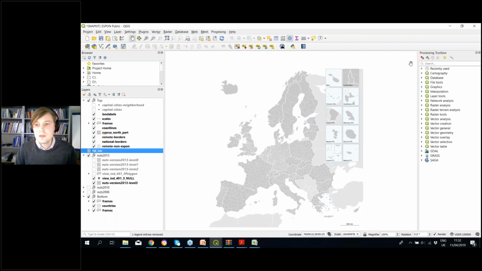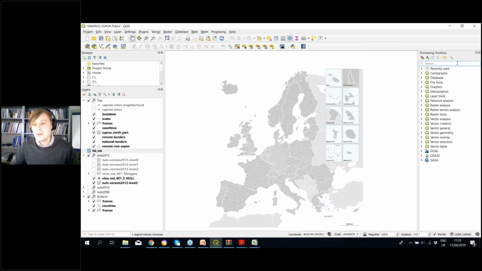I just close it, yes. And then you see that on the right-hand side, you see a lot of different GIS tools. These are usually very powerful spatial analytical tools that you can deploy based on your needs. So we are not exploring this today, but we just need one tool in order to make sure that